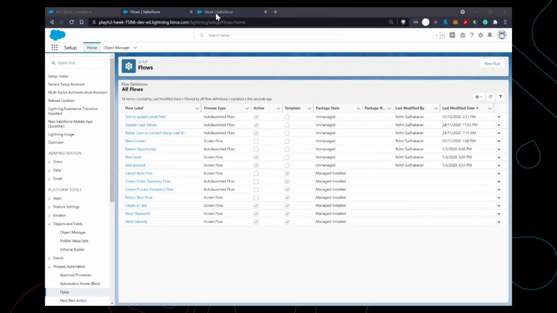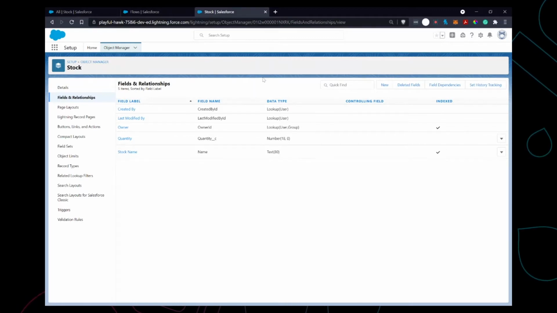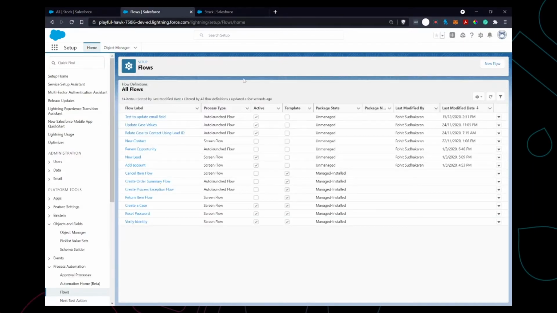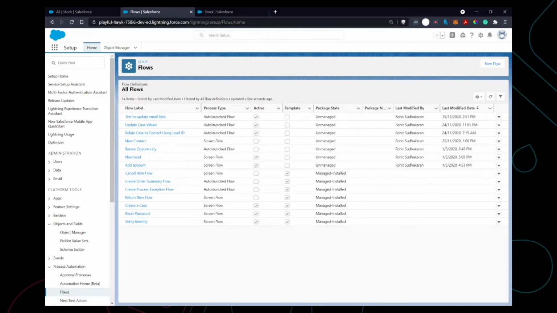In this video, we are going to learn how to create a record using ScreenFlow. For this purpose, I've created a custom object called stock, and we'll be filling two fields, stock name and quantity, using the ScreenFlow. ScreenFlow is usually used to have an interaction with the user, so you can create it for multiple purposes, like creating a guided path or capturing details from the user